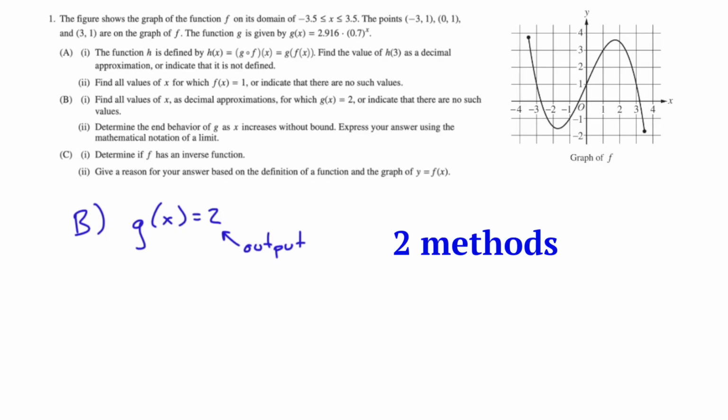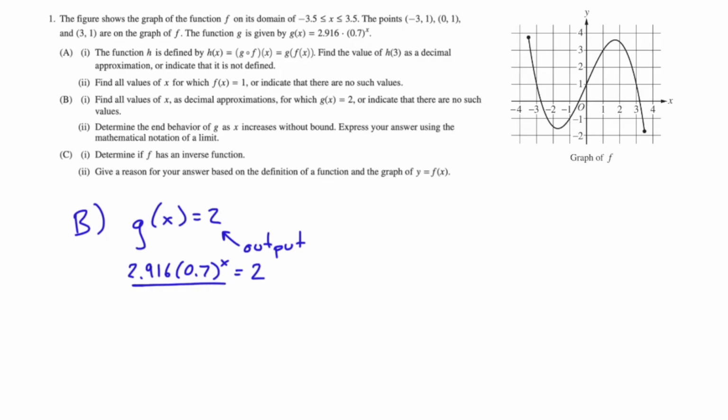And I want to show you two different ways that you could handle this. First, we'll solve this algebraically, kind of by hand, and the second, we'll just use our graphing calculator to do all the work for us. So the function g of x is 2.916 times 0.7 to the x power, and they want that to equal 2. So for solving for x, we'll start by dividing by 2.916, and we'll do that on both sides. So you get 0.7 to the x power equals